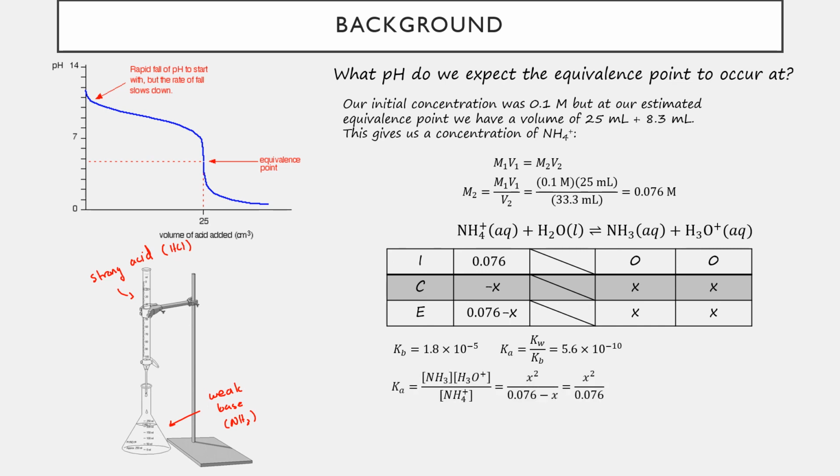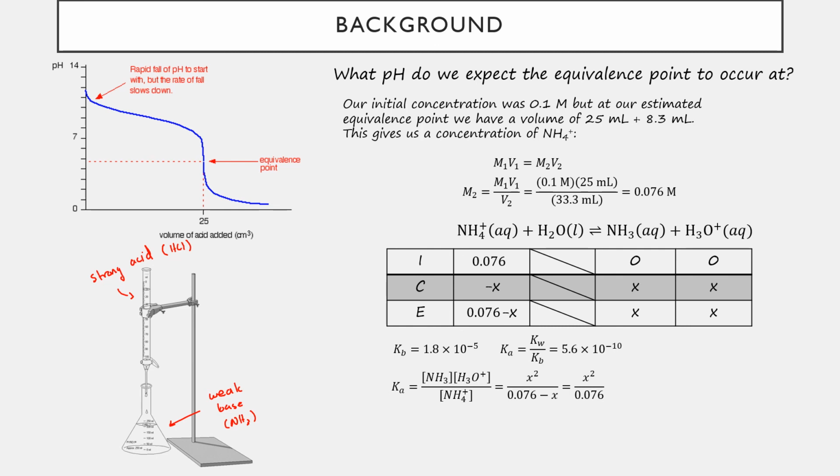Okay, so we plug in our values at equilibrium, which gives us the products over the reactants. Plugging in the values that we calculated, we end up with x squared over 0.076 minus x. We're looking at the dissociation of a weak acid, and it's got a constant of 5.6 times 10 to the minus 10, a number that's exceedingly small. And so we expect this reaction to favor the reactants. If that's the case, then we should be well within our estimates to go ahead and eliminate that minus x term in the denominator,